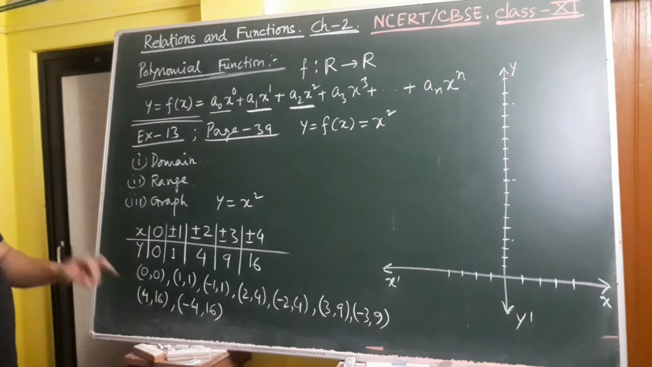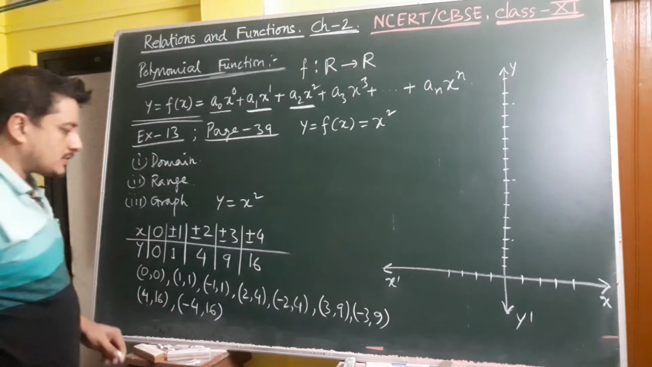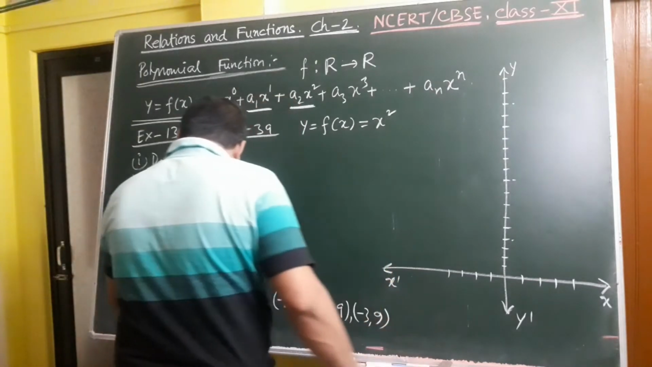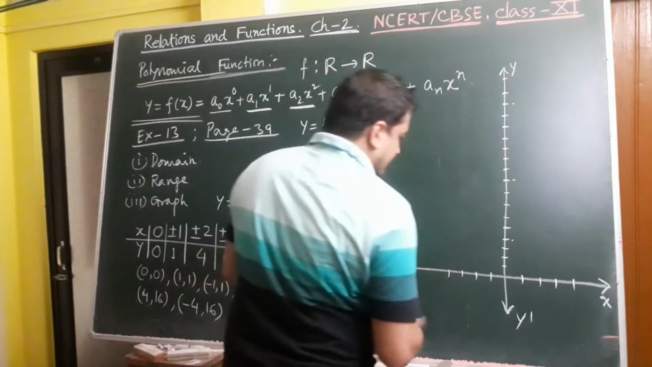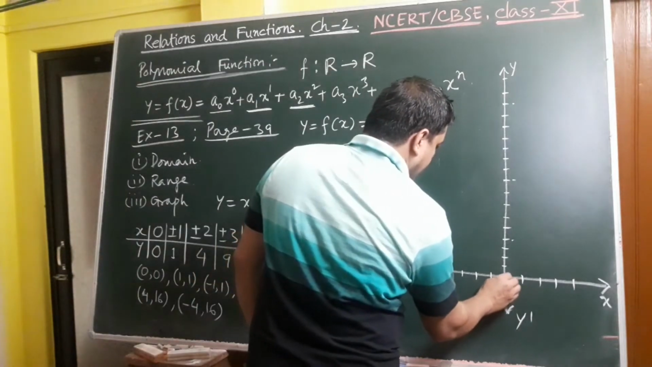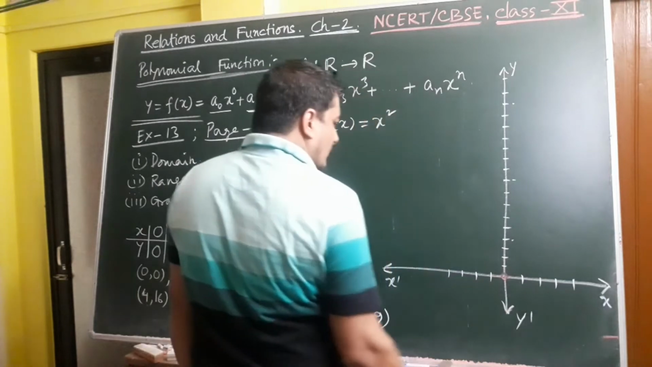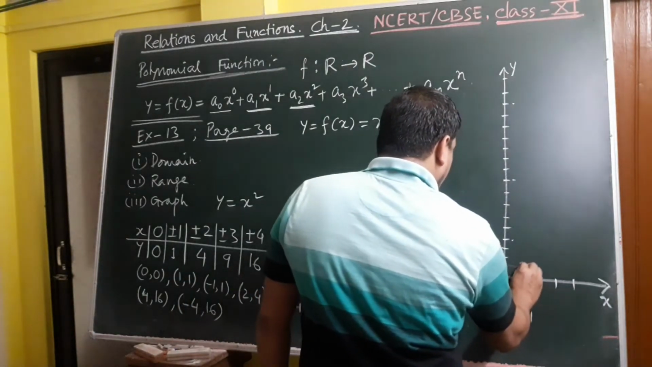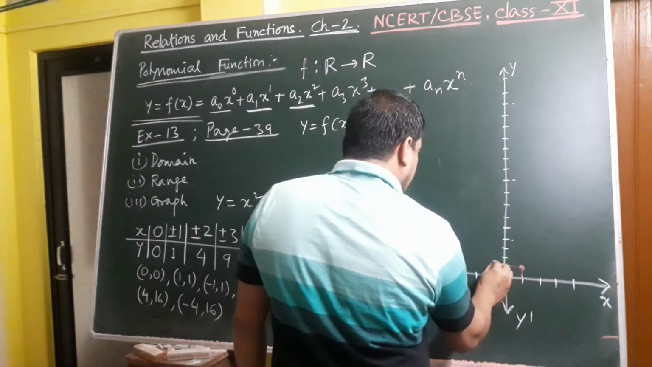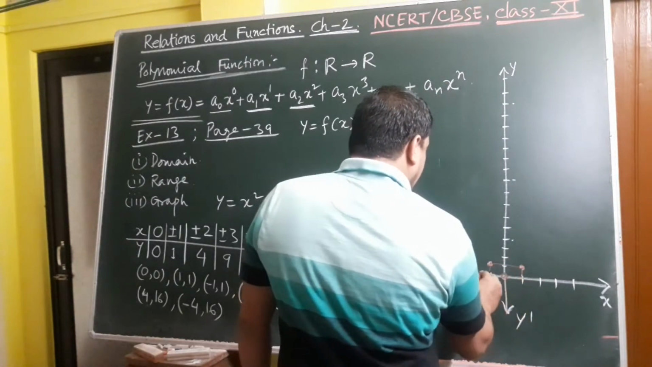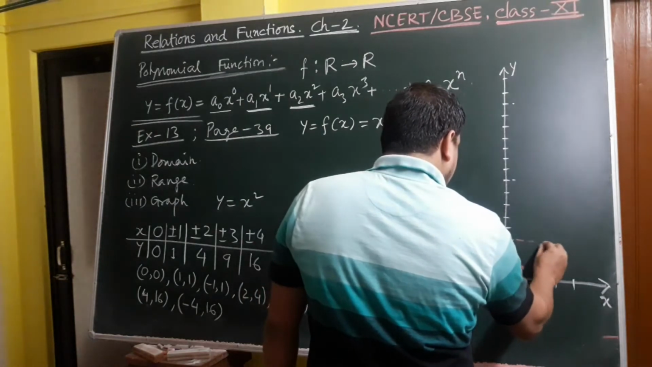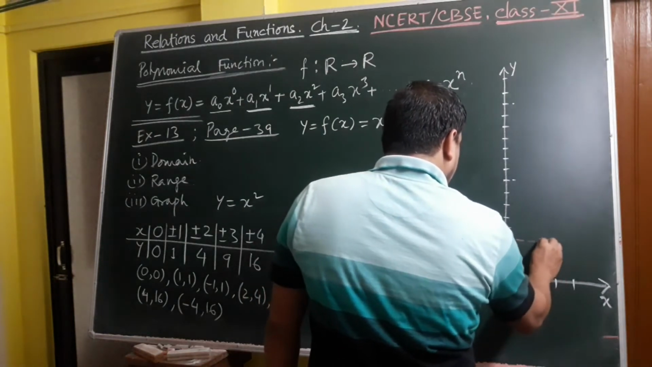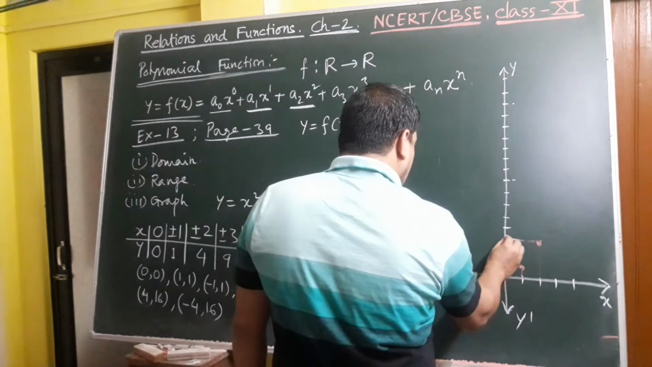Okay, minus 4 and 16, these are the points. So I'll just locate all these points. So first is 0 0, the origin, so this point, then it is 1 1, so 1 1 is this point, then minus 1 1, so minus 1 1 is this point, then 2 4, so 2 4 is this point, then minus 2 4,